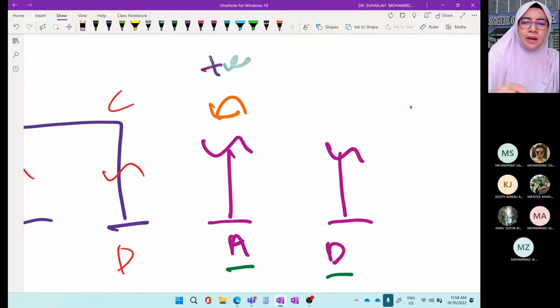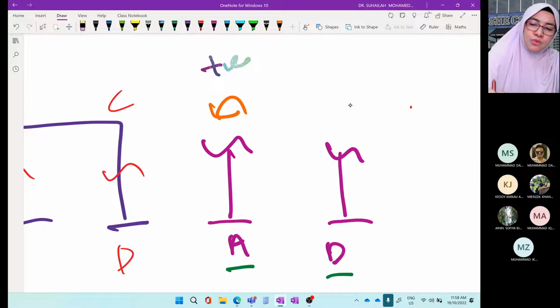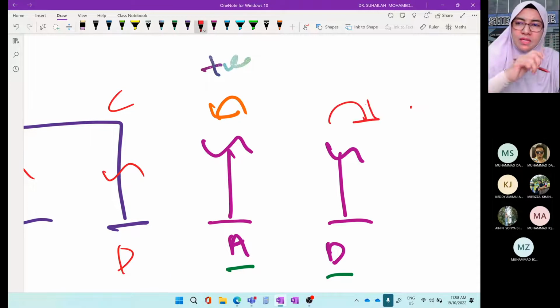So kat sinilah ramai student buat mistake. So when you put wrong sign convention dekat sini, you will get wrong moment equation. You will get wrong moment value. So bila that moment equation, you will use it inside the displacement formula, you will get wrong displacement. Nampak tak dia punya effect? Nampak macam boleh simply letak tapi cannot. It is based on assumption and assumption.